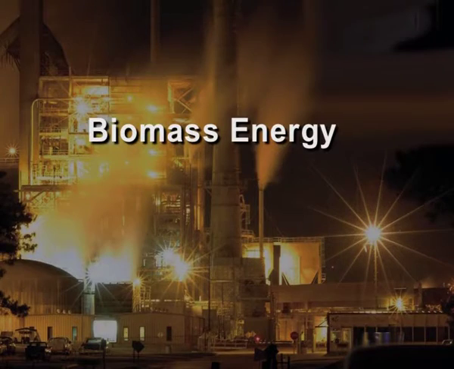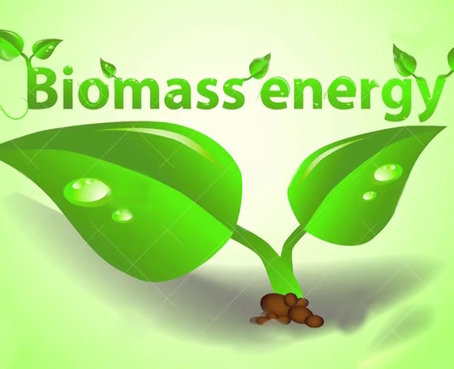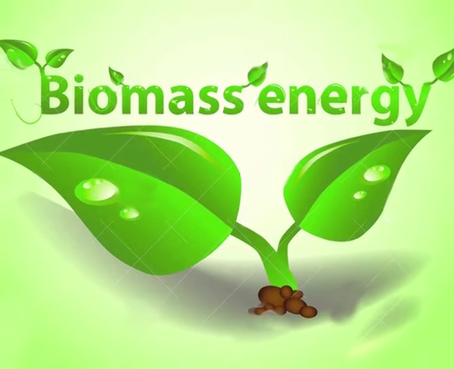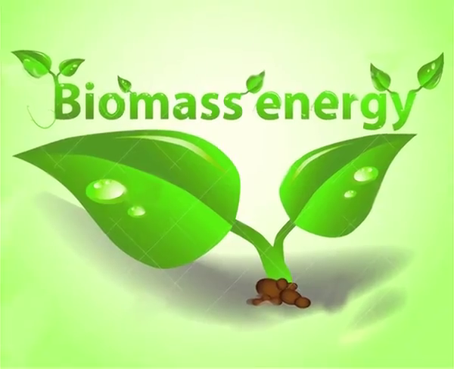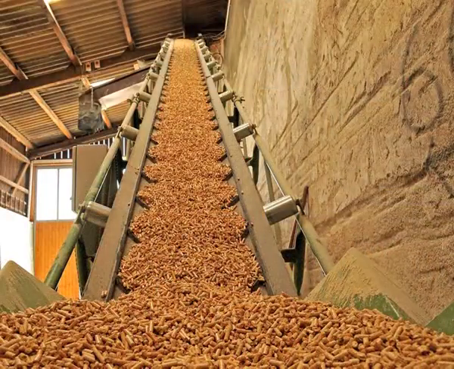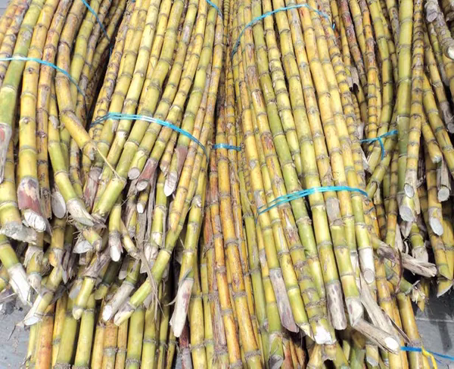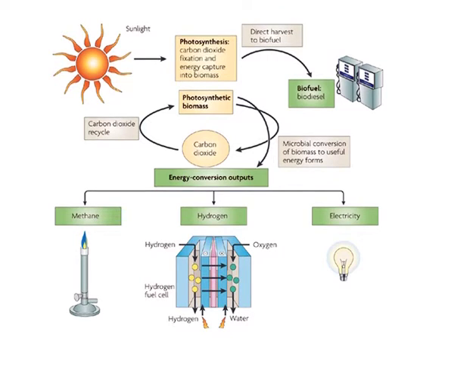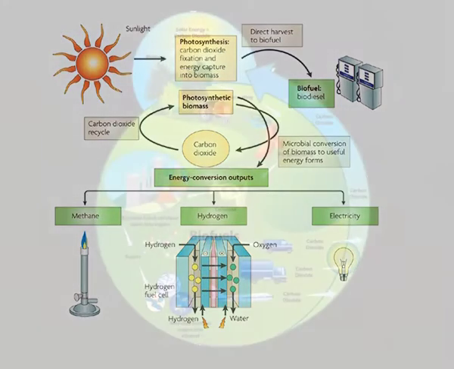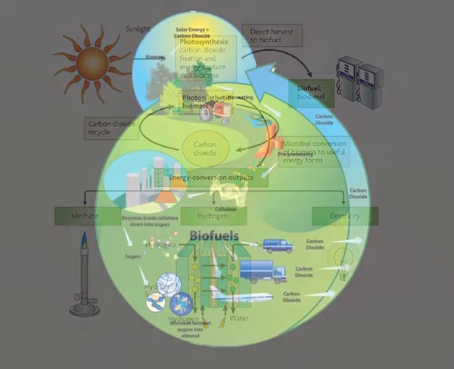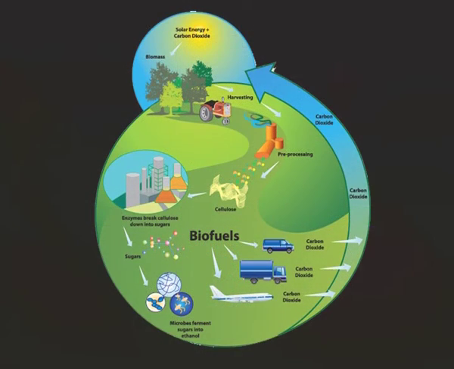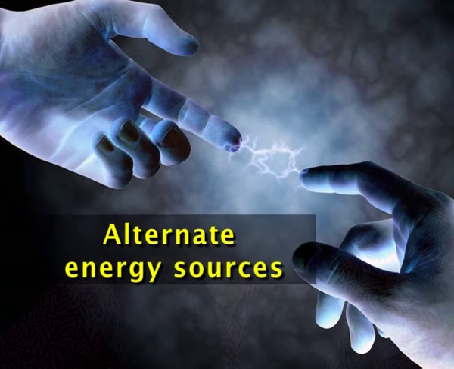Then moving on to the last type of source of renewable energy, that is the biomass energy. Biomass, as I have told you, is the organic material which is stored sunlight in the form of chemical energy. Example, it can be the wood waste, the straw, manure, sugarcane, etc. By the process of photosynthesis, solar energy can be converted into biomass, which in turn can be stored and used as fuel in various forms. There are many ways to use this biomass. And now we will be learning about the various alternative energy sources, that is the non-renewable energy sources.